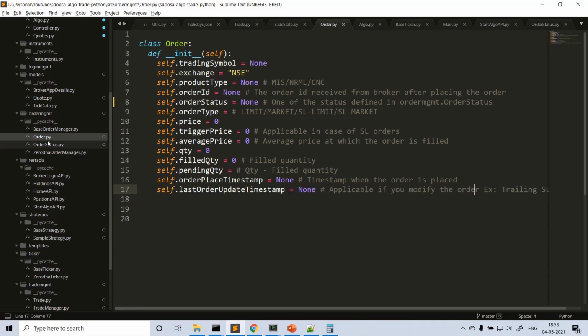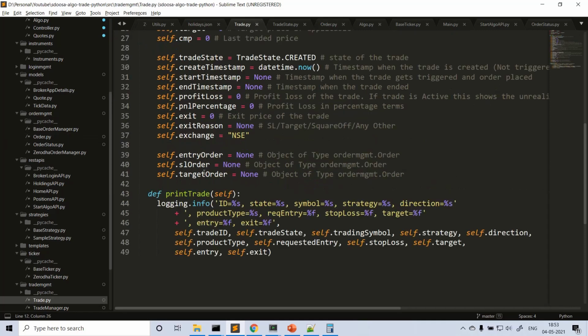And okay, so where are we? We learned what an order is and what properties it can have. Now come to trade. So a trade can have an entry order, SL order, and target order. Entry generally we have, SL also we have. Without SL, nobody is going to trade, I know, unless you have some specific things, like suppose your exit is based on some candle close, right? So in that case, you don't have an SL order.